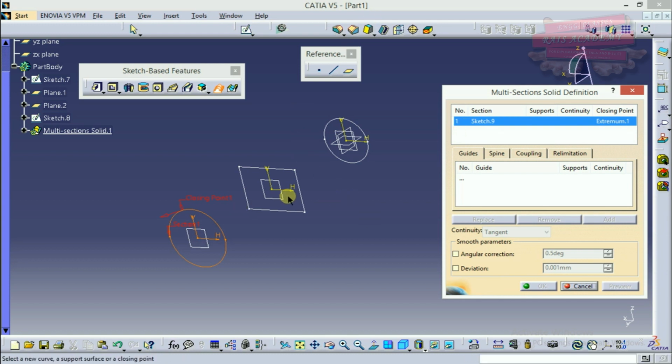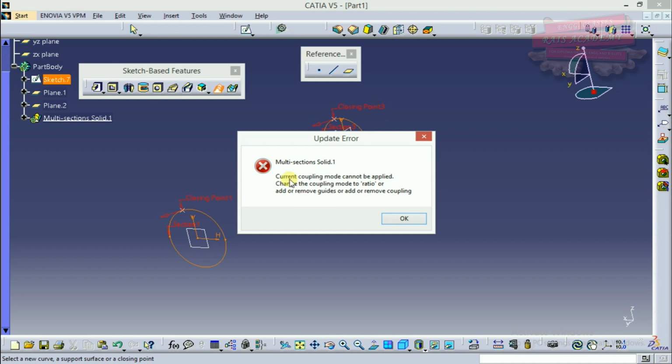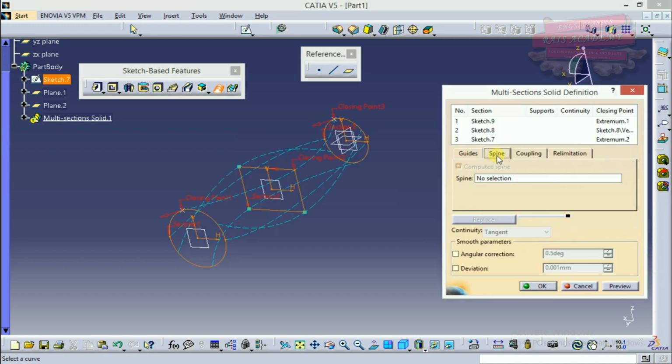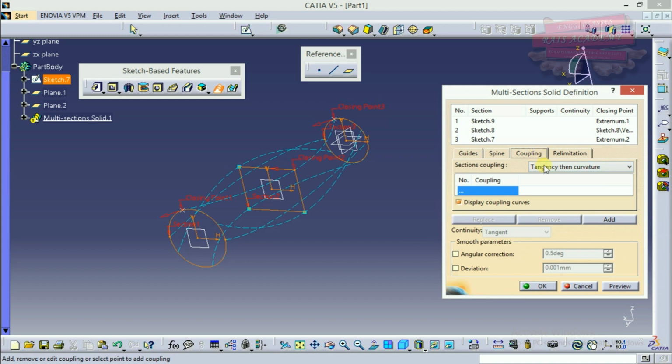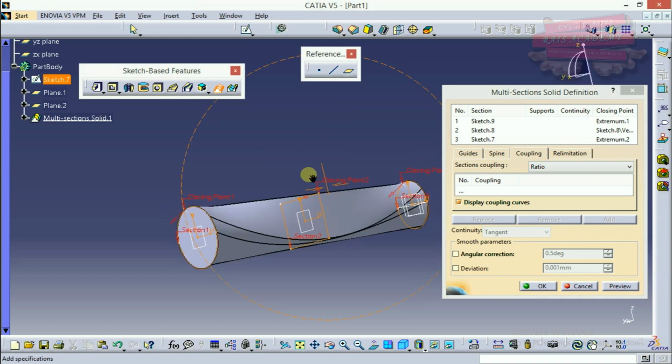Now I'll select the next profile and then the next profile, and when I click on preview it is showing me some errors. For this reason you have to go into coupling and select ratios. What you have got here is the solid.